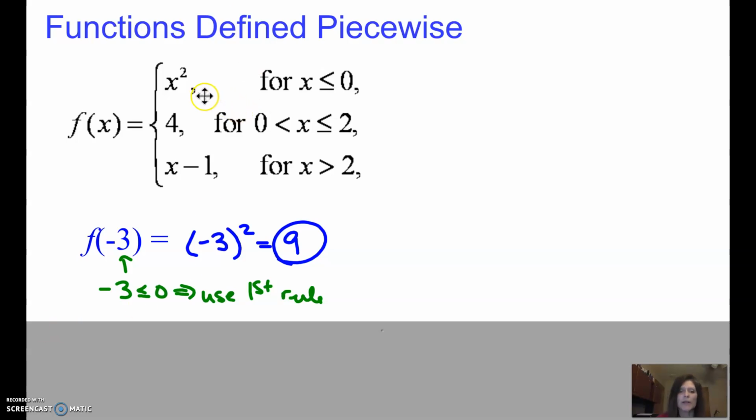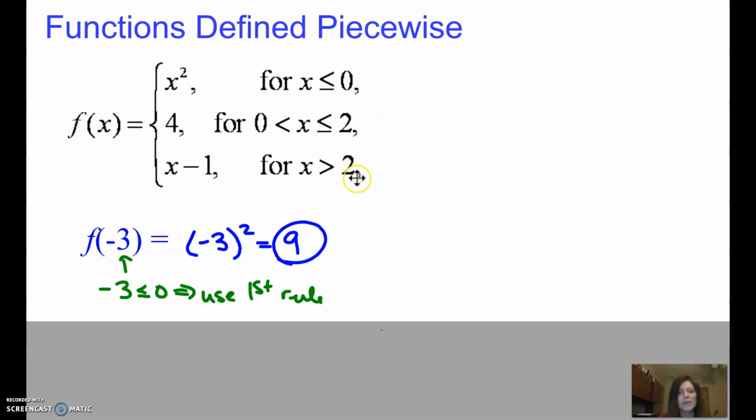So I have one here that has three different rules for three different sets of x's. If x is less than or equal to 0, I'll use the formula x squared. If my x is greater than 0 but less than or equal to 2, I will use this simple rule where the answer is just going to be 4. And if my x is greater than 2, we're going to plug it into the third rule, that is x minus 1. Right? So if I have f of -3